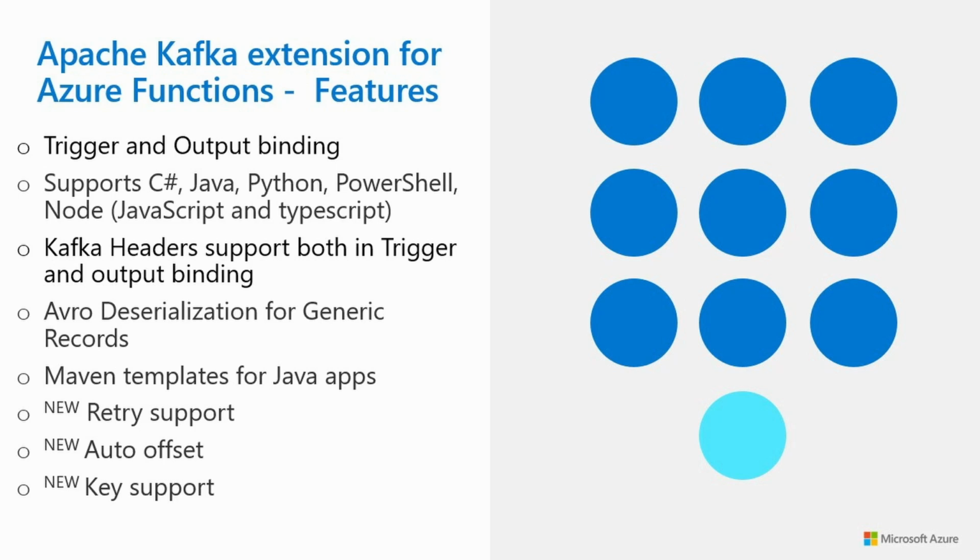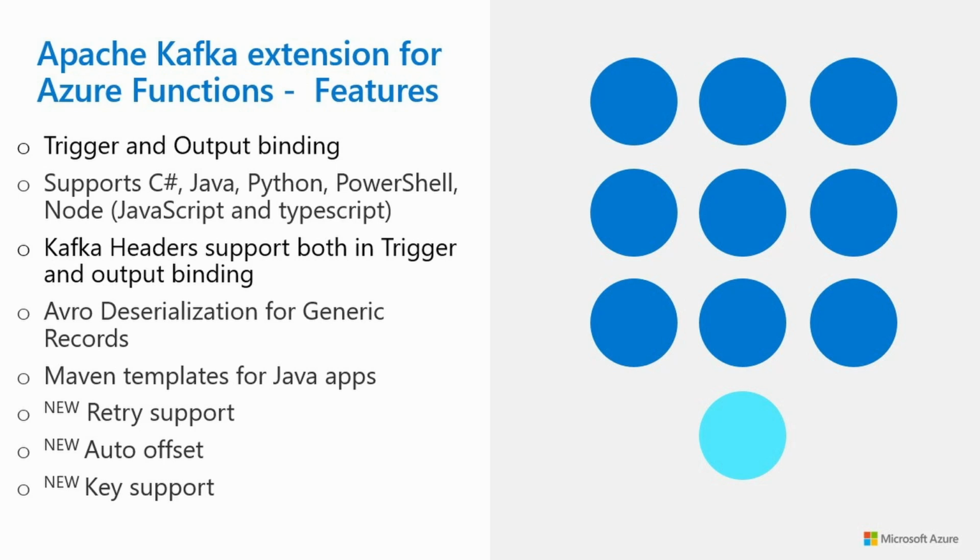We're happy to share that we've also enabled the auto offset reset setting as a configurable one, where you can configure either earliest or latest. Setting this value to earliest configures the consumption of messages from the earliest or the smallest offset, or from the beginning of the topic partition, and setting the property to latest configures the consumption of messages from the latest or the largest offset, or from the end of the topic partition. This is supported for all Azure Functions supported languages and can be used for both triggers and output bindings.